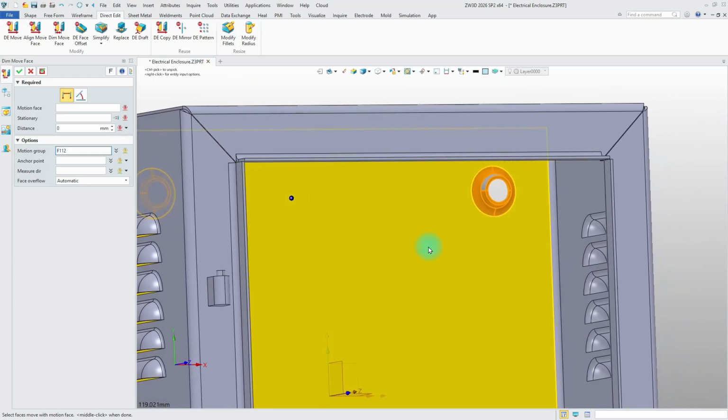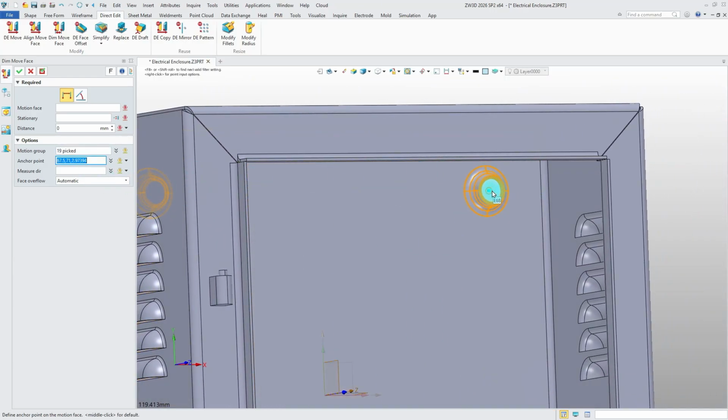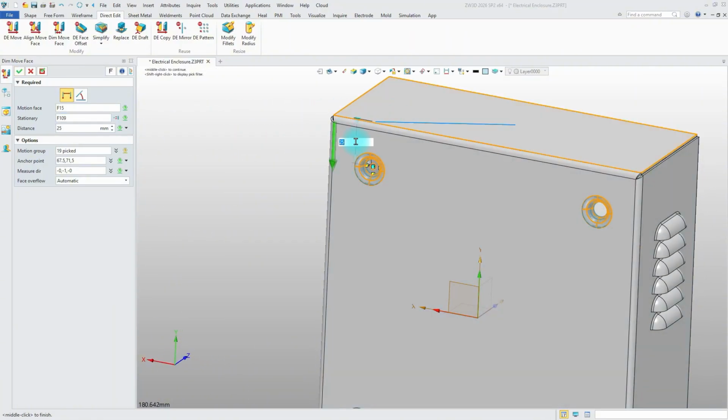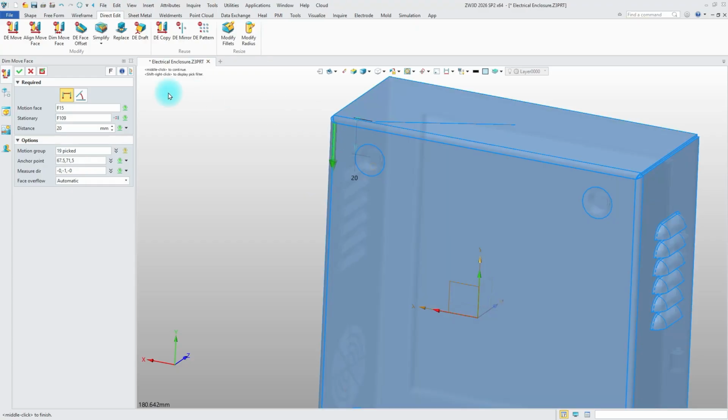For the anchor point, we define the center point of the embossed circle as the reference location. Under Measure Direction, we select the direction line. Then, in the Motion Face option, we select the previously unselected reference face. As the fixed stationary face, we select the base plate face, enter a distance of 20 millimeters, and validate the